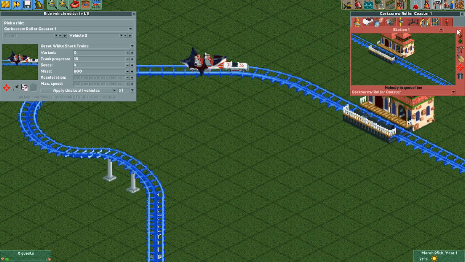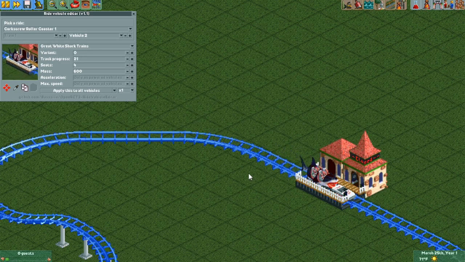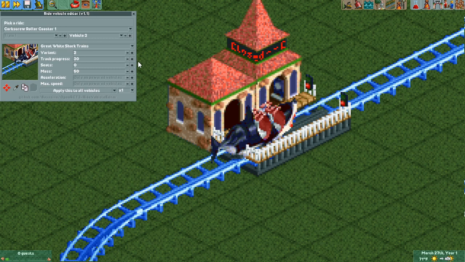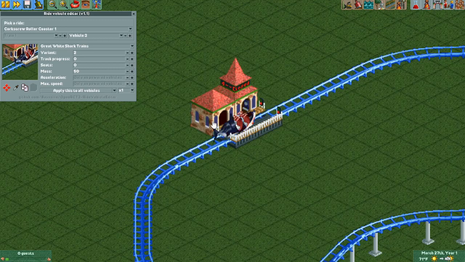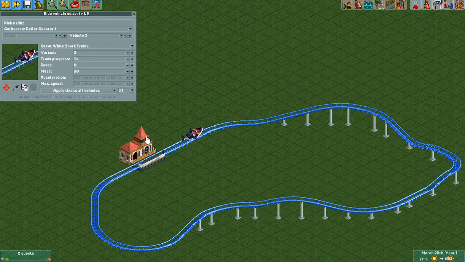Alright, let's close our ride here so that the train doesn't dispatch the station again, so we can finish making tweaks. You can see that the second and third cars are pretty close to each other, so we'll want to adjust the spacing here. And also we don't want to see the sports car. So we'll change that to variant 1, which will make the sports car disappear. And we will also edit the track progress of vehicle 3 to pull it back behind vehicle 1, just a couple notches, so that it's not quite clipping into it. And if we go ahead and test again, we'll now see our shark moving through the layout all on its own.